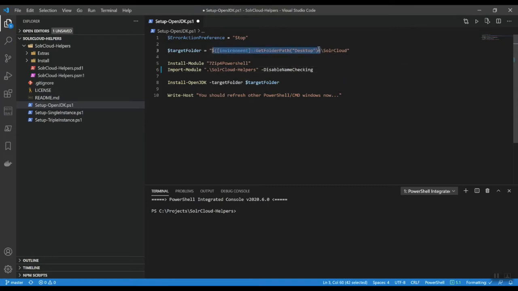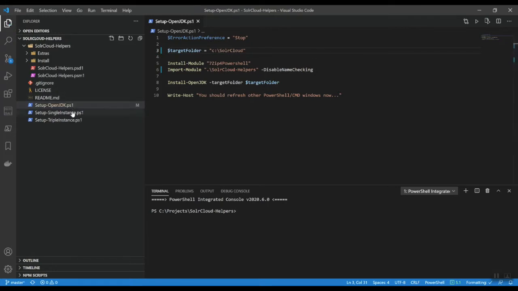So, for my own sake, I'm just going to change this and have the Solr services, ZooKeeper services and the non-sucking service manager